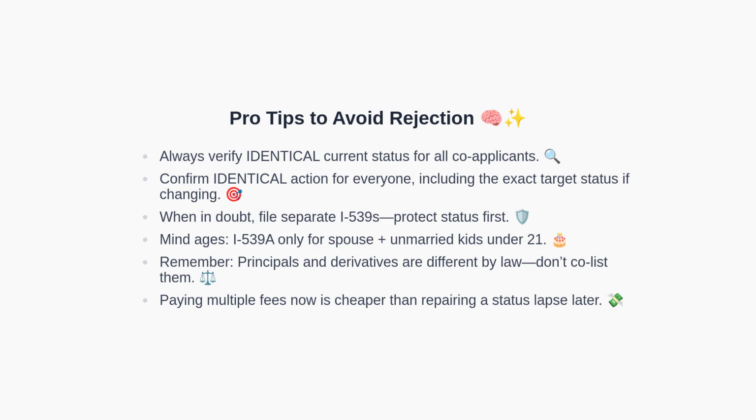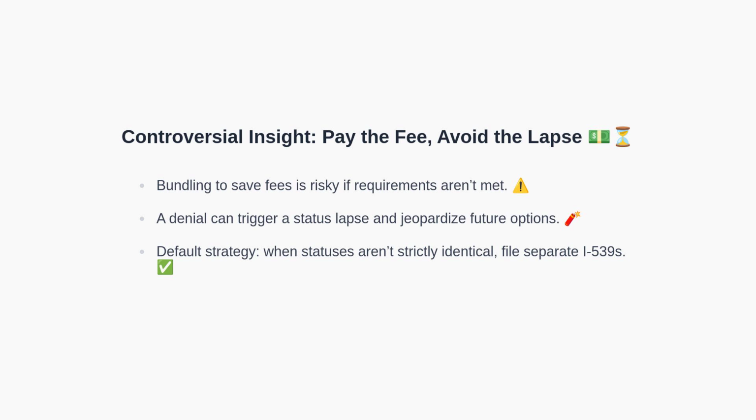Finally, although multiple fees can be frustrating, they are often far less costly than losing status and attempting to recover from a rejection. Let's address the cost question. Attempting to bundle to save filing fees is risky if you do not fully satisfy the identical status and identical action requirements. A rejection can cause a lapse of status and jeopardize future immigration options. Therefore, the safest default strategy, when statuses are not strictly identical, is to file separate I-539 applications for each family